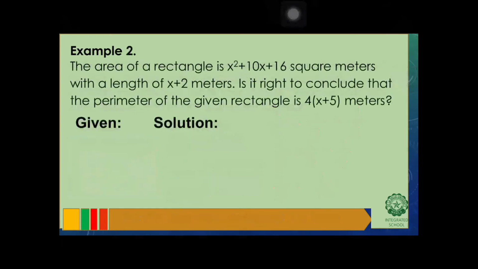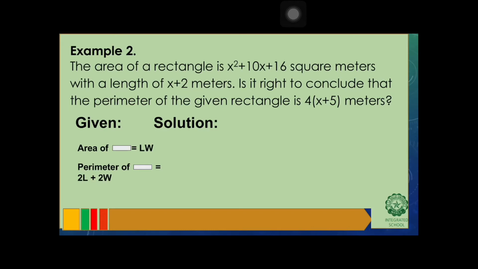Example number 2. The area of a rectangle is equal to x squared plus 10x plus 16 square meters, with a length of x plus 2 meters. Is it right to conclude that the perimeter of the given rectangle is equal to 4 multiplied by the quantity x plus 5 meters? To help us answer this problem, we need to take note of the formulas involved, which are the area of the rectangle, which is length times width,